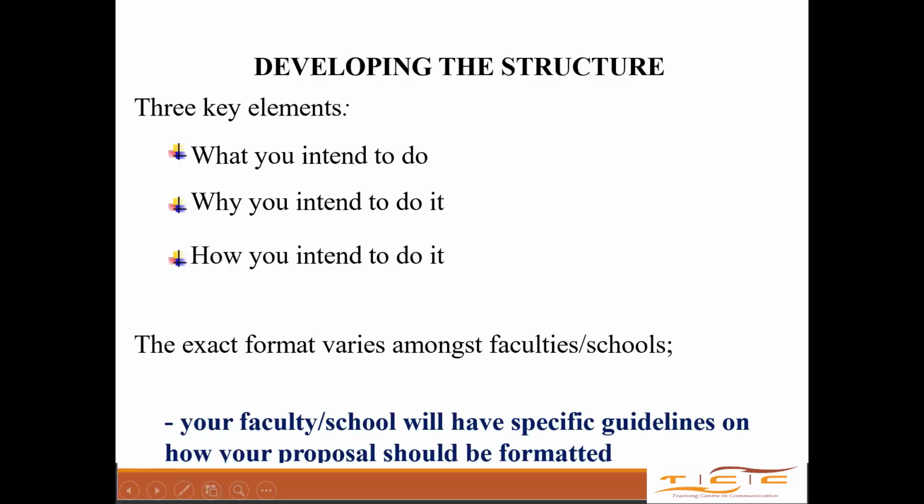But when we are going to discuss this proposal writing, I know sometimes we'll get to a point where we'll say, okay, this one should come after the abstract, or this one should come before the introduction. No, for me, ask the university what the guidelines are. There are universities that will tell you to write the justification and the significance of the study. Some universities will tell you to choose one. If you want to narrate the significance of your study and leave out the justification, there's no problem with that. So just don't say that when you were trained at TCC Africa, you were told this is how the proposal should flow. No. Ask the university. They always have guidelines. Ask them, how should my proposal flow? How should I edit it?